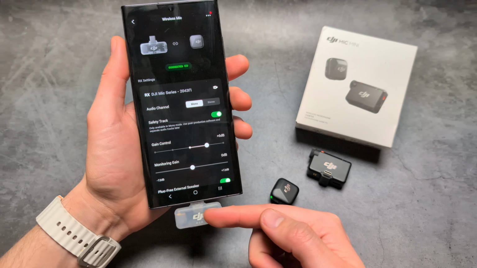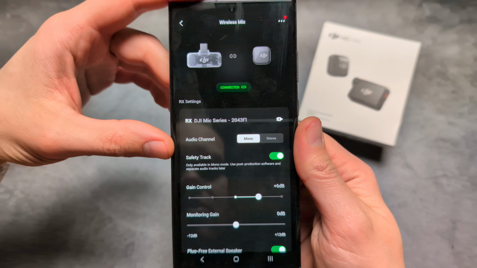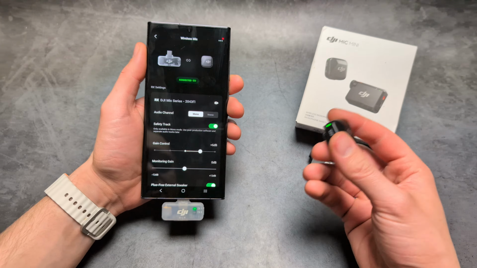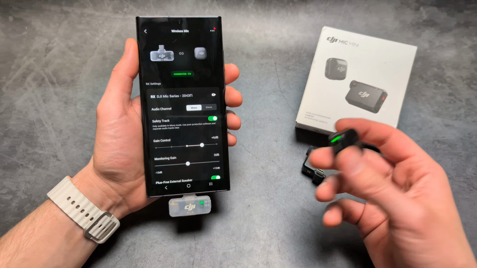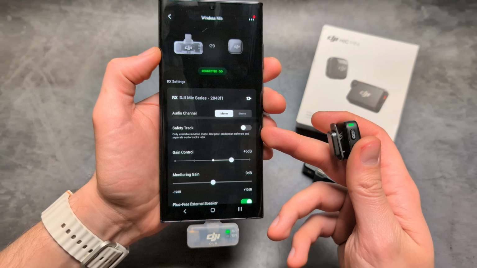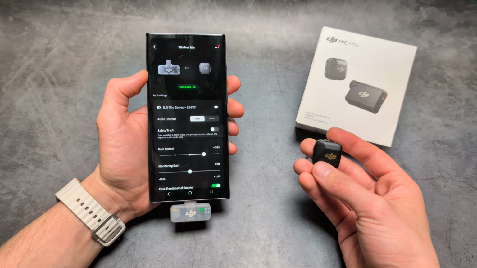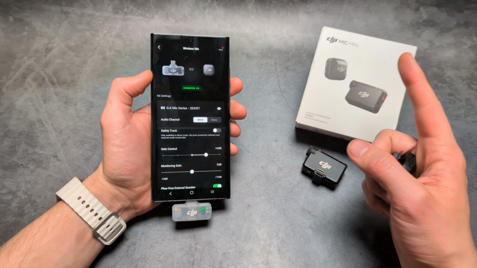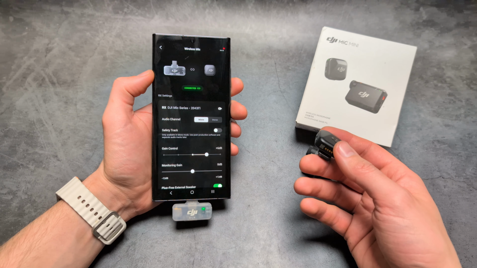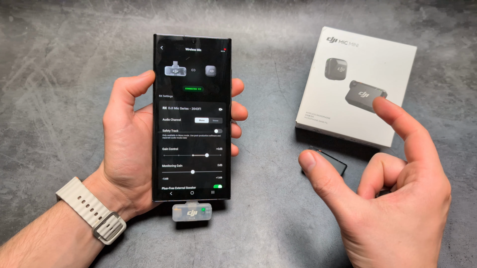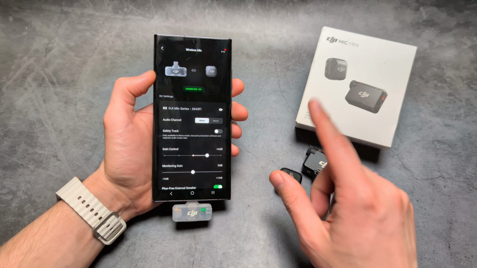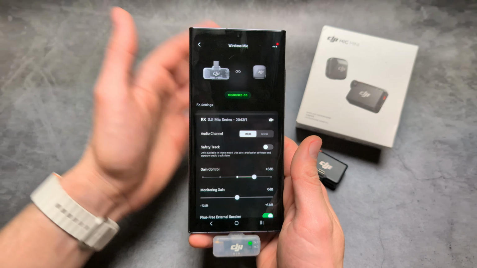So again, this is what it looks like when you are using this one. As you see, you can also change from mono and stereo. Essentially, you can use two microphones at the same time with both these receivers and record in stereo. Also, we can enable or disable safety track. By default, it's not enabled. Essentially, it will create a second copy of the audio track just at lower volume. Once you load up the video file in the editor, you'll see it as a stereo and you'll be able to get the backup track